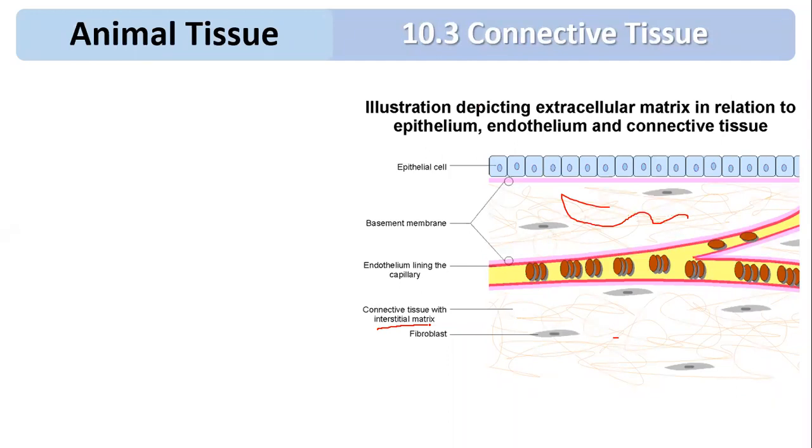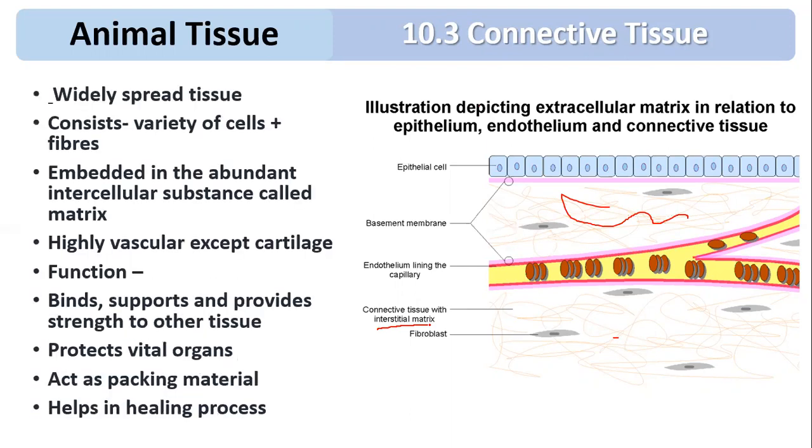One of the characteristics of this tissue is that it is highly vascular. What is the meaning of highly vascular? It is richly provided with blood vessels. So what is the main function? It is going to bind, support and provide strength to the other tissue. It is going to protect your vital organs. It acts as a packaging material and it is also involved in the healing process.